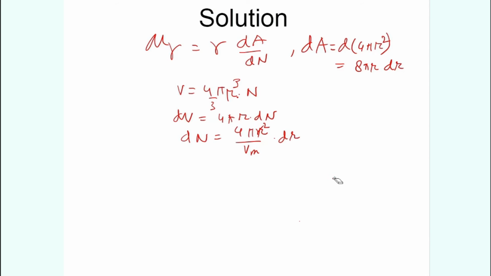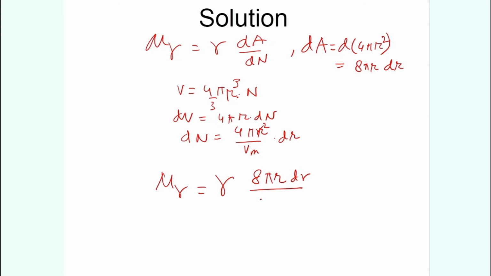I like to do this. This gives me the feeling of erasing the board, right? Correct. By doing some mathematical operation, which is very easy actually, you can put gamma here. dA is known, dN is known. So mu gamma is gamma, dA is 8 pi r